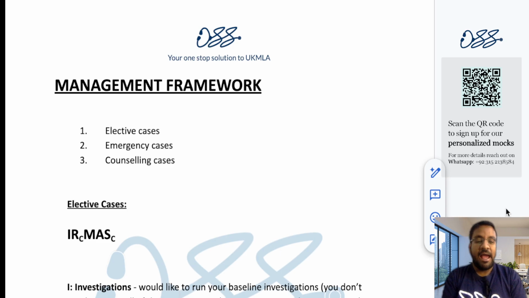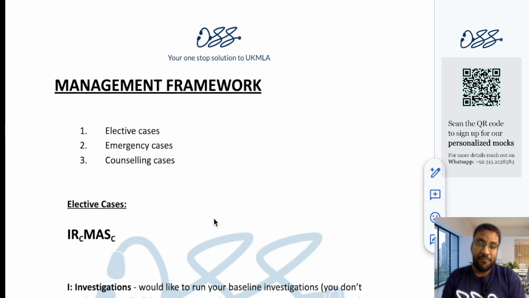Okay, and in the last lecture, what we discussed was basically the transition that you should do from the data gathering to the management, and in that we discussed how to ask about the vital signs, how to offer examinations, and how to explain a particular diagnosis. Okay, and then we also discussed the first C, that is how to ask about the concerns and what may be the possible concerns that the patient has after you are done with explaining the diagnosis. Okay, now let's just move on to the management framework.